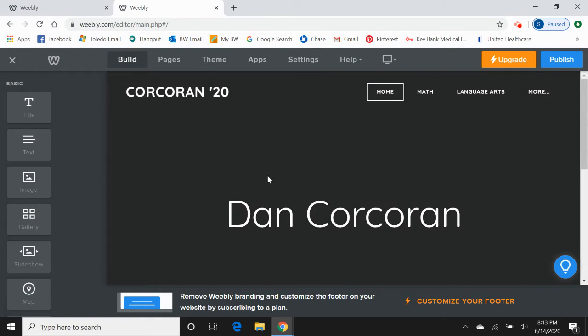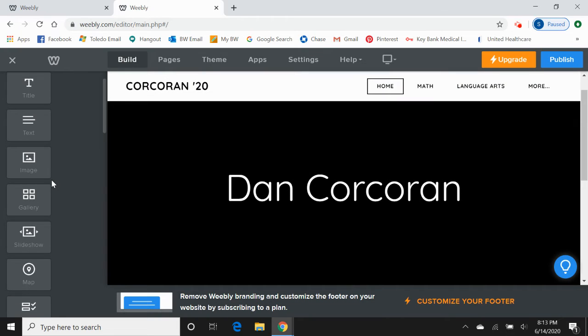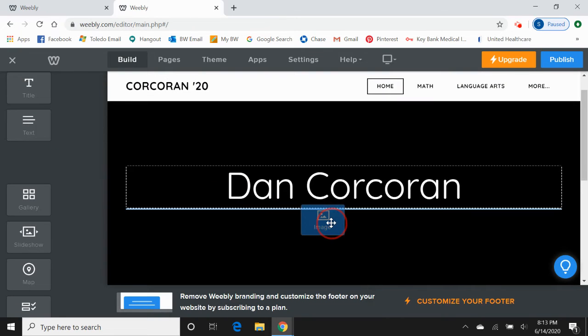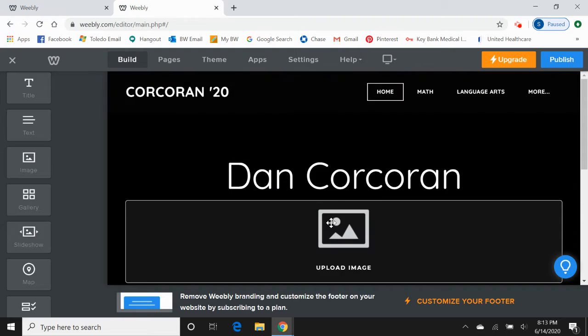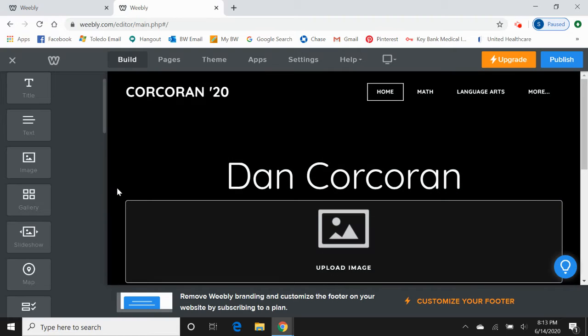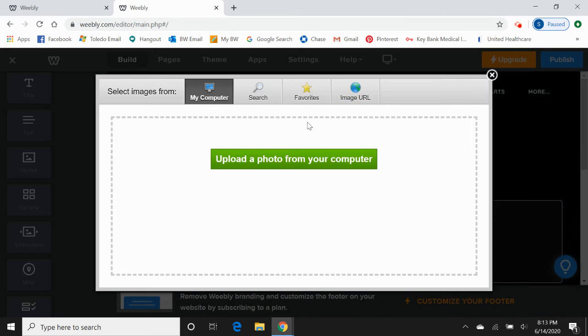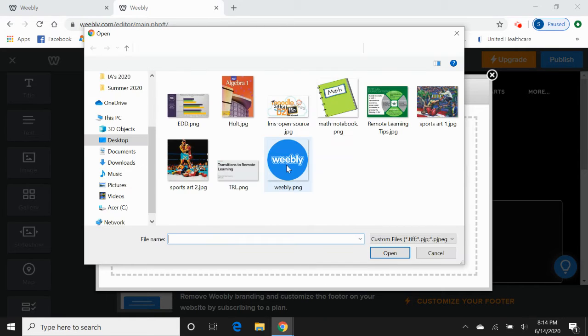And then I'm also going to show how to, maybe we'll add an image. So just adding an image here. So it's as simple as just grabbing it and dragging it to where you want it on the page. You can upload an image, you can search for one. So if I want to upload one from my computer, let's say,